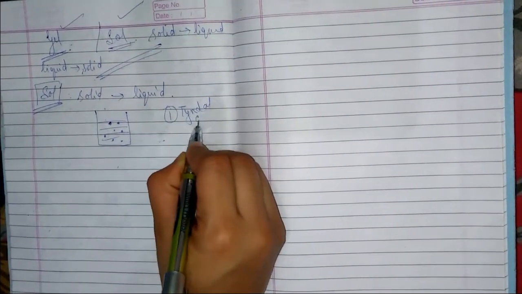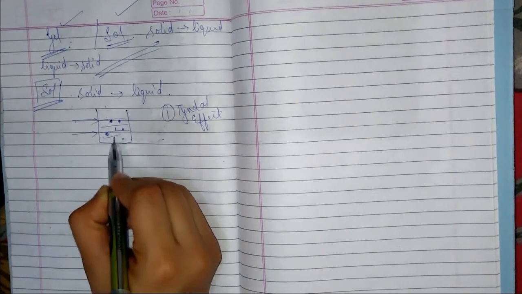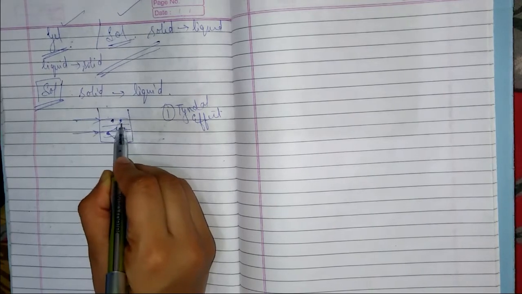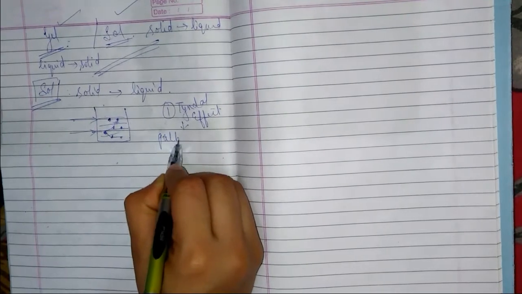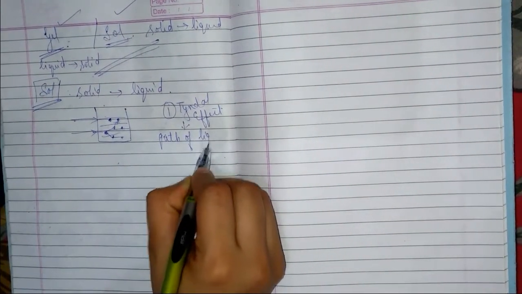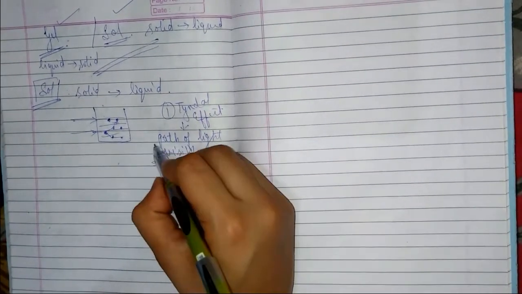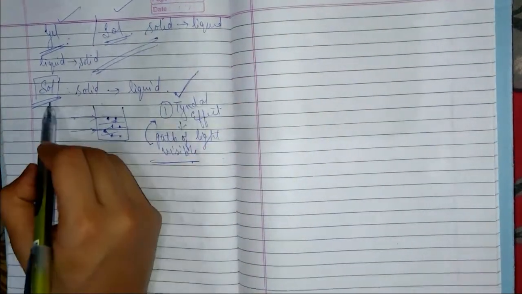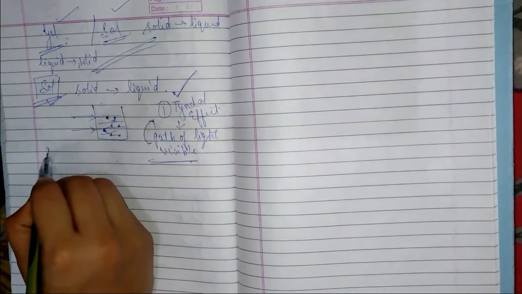When you see them under the microscope, there is one thing you will find, which is known as the Tyndall effect. Now, what is the Tyndall effect? Whenever you pass a light, as the particle size is large enough, they will scatter the light. The light will be scattered, and the path of the light will be visible. When the path of light is visible, this is known as the Tyndall effect, and this is a prime characteristic of sol. The second effect which is seen in sol is Brownian motion.